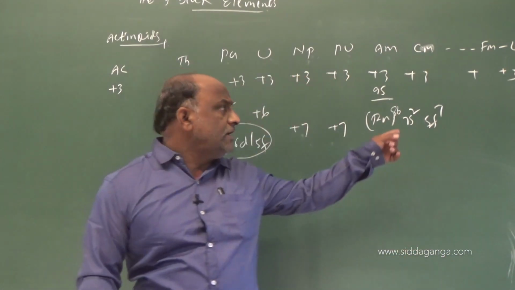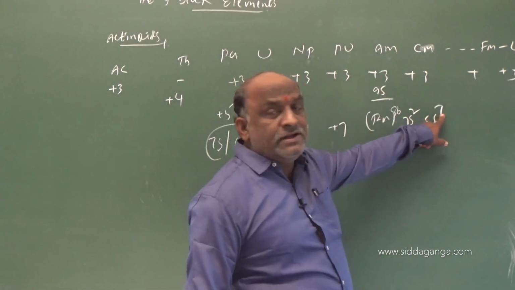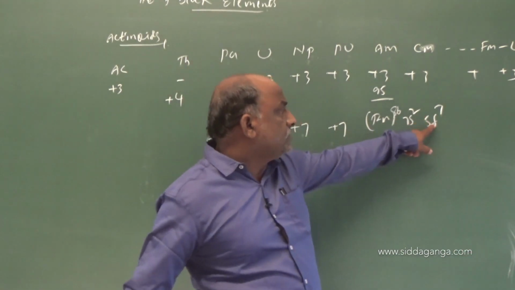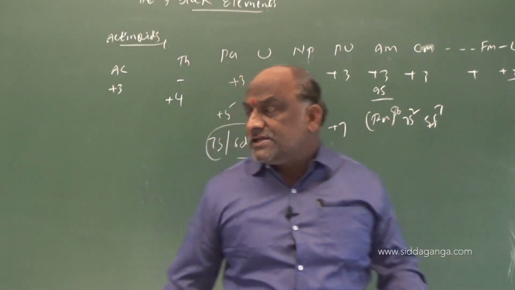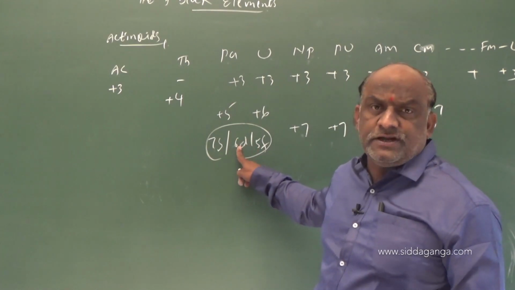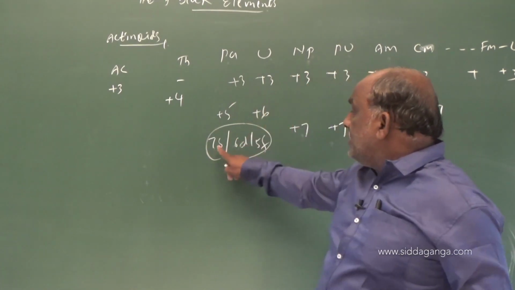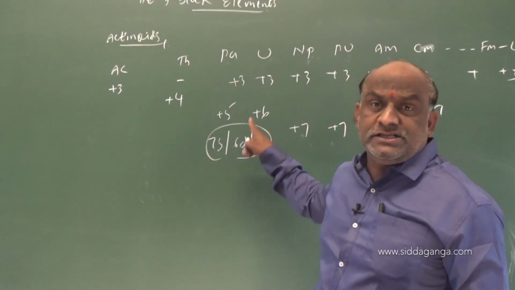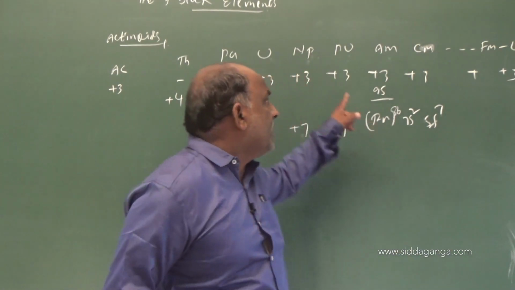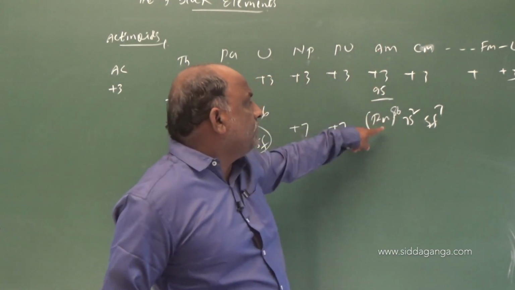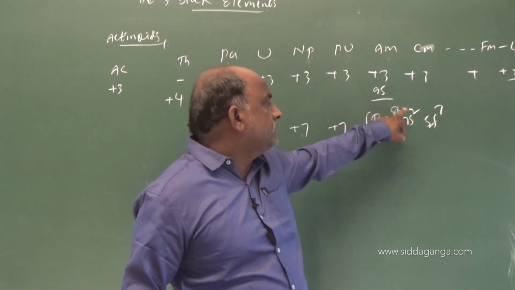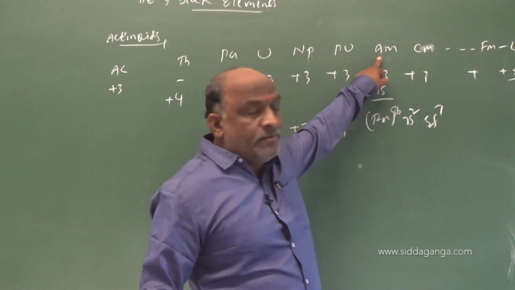See, this is abnormal. Why is it abnormal? Because it is 5f7, a half-filled f orbital configuration. There is no presence of a d orbital. The general configuration I said is 7s 6d 5f. In some elements 6d configuration takes place. In some elements we write 6d0, followed by 5f. Due to that, the electronic configurations of americium and curium we write like this only. Clear? So radon 86, 7s2, 5f7 is the americium electronic configuration.